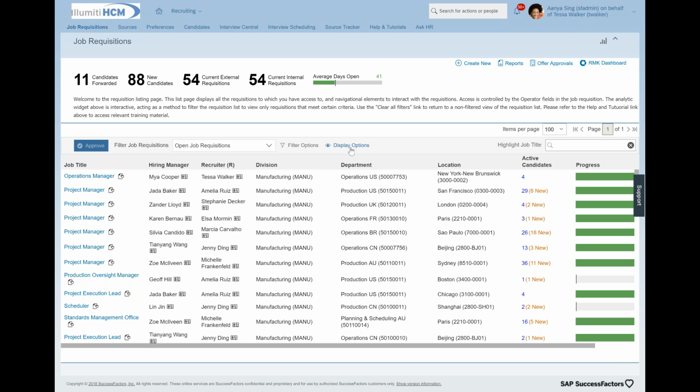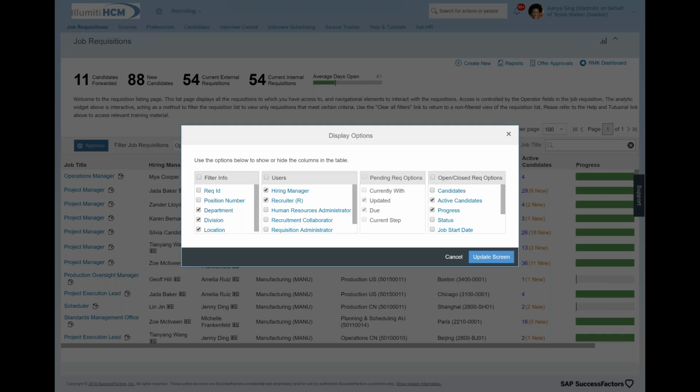I can also come in and change the display of this particular screen. If I was more interested in perhaps the requisition ID, I could add that field in. If I wasn't really interested in the division, but more so in department and location, I could leave those fields in.